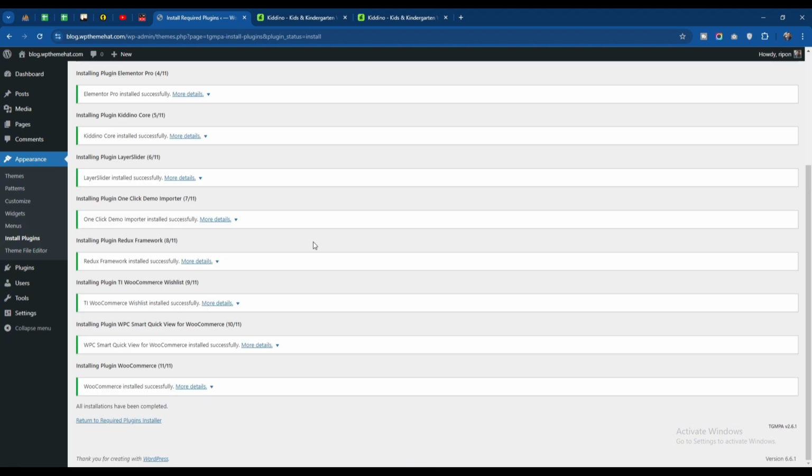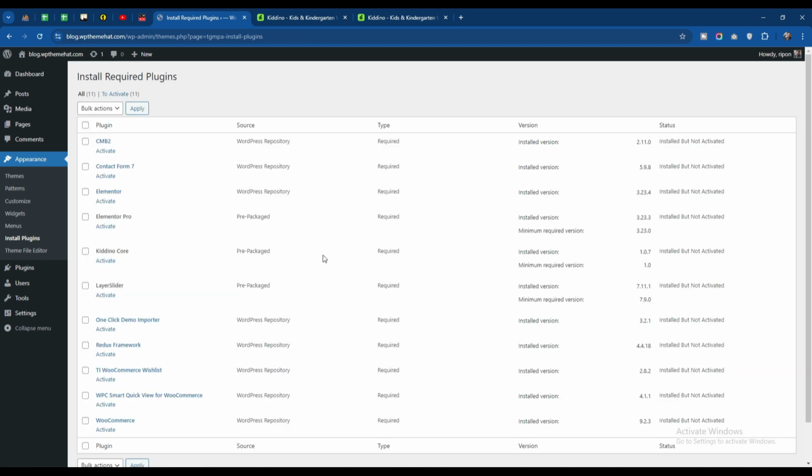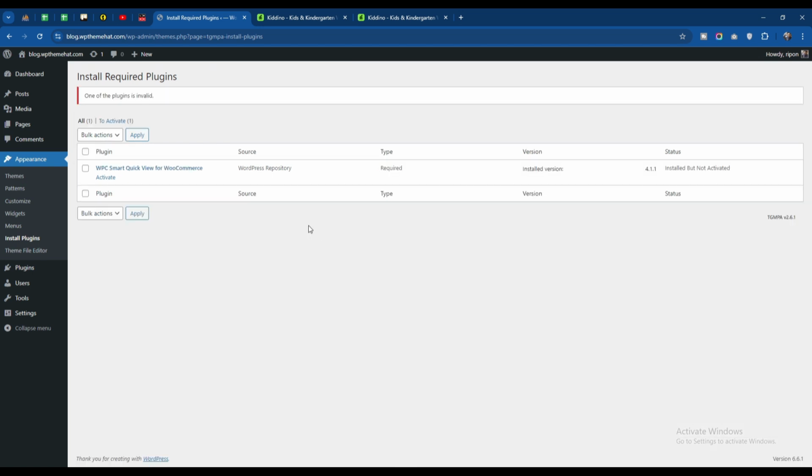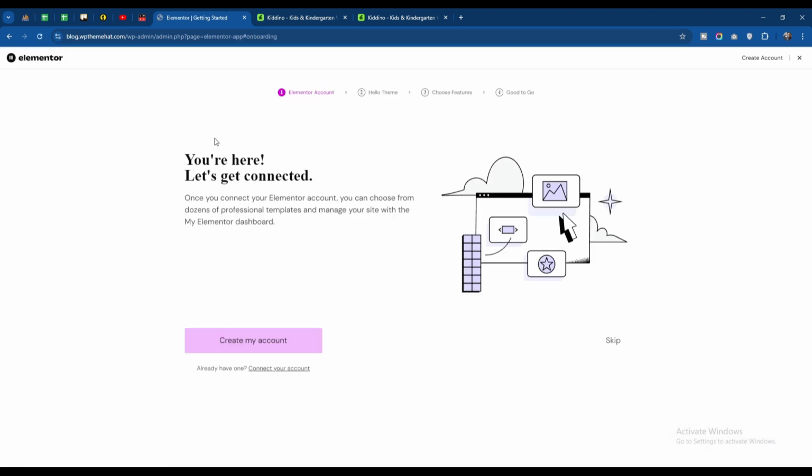After completing the plugin installation, we need to click here on return to the required plugins installer. Then after that we will activate all of these plugins. If any error comes up like this, you don't need to worry about anything. You just need to click here, the WPC Smart Quick View that is not activated. So we only need to click on activate, or you can just click on the dashboard here, and then